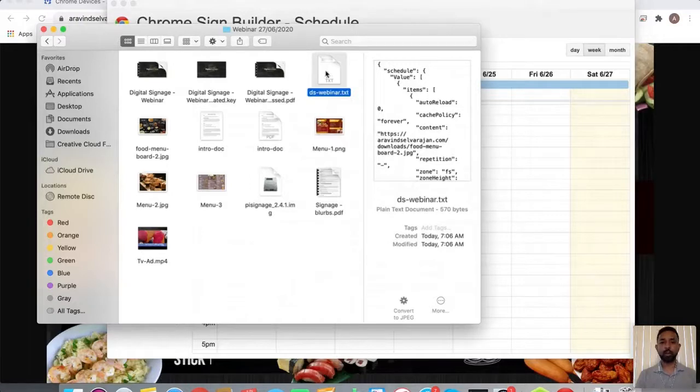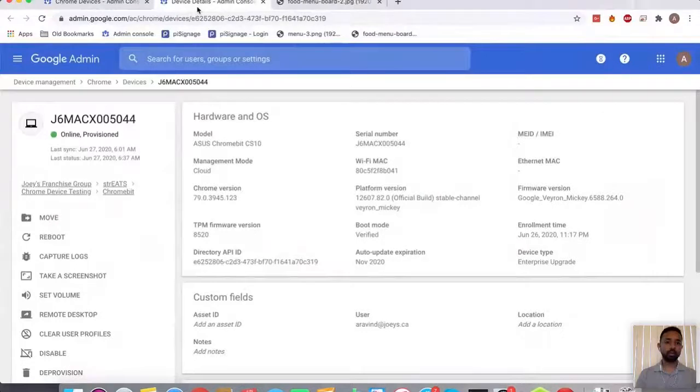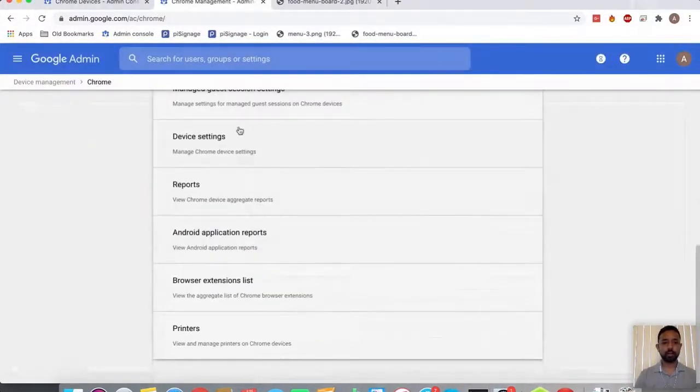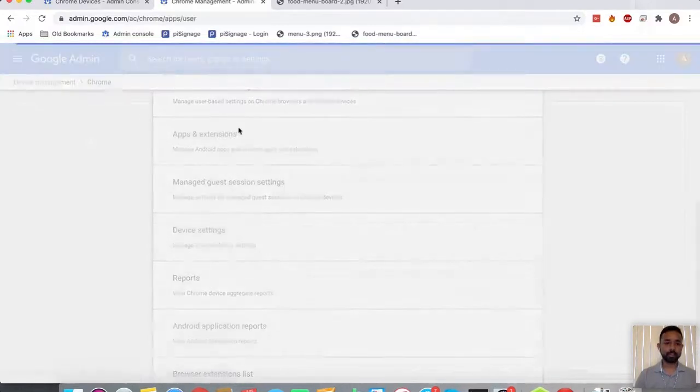So how do we upload this content to the Chrome device? This is the device, right, on the backend dashboard of your enterprise Google admin. Under Chrome, there is a section called apps and extensions.